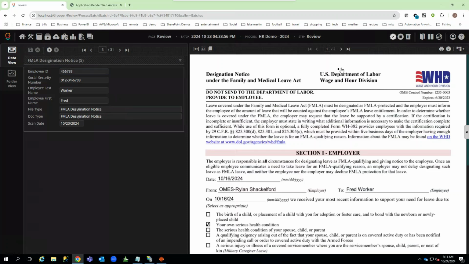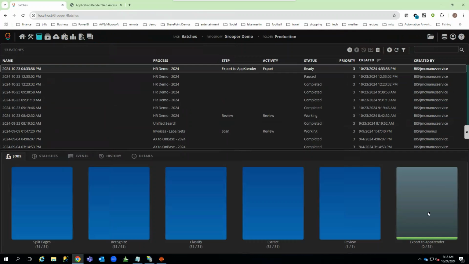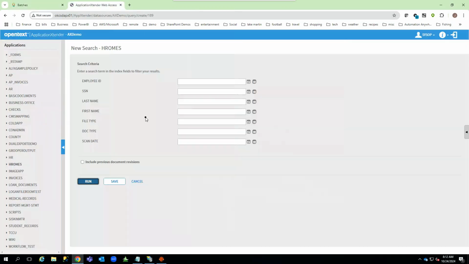So I'm going to hit complete. And this is going to be the piece that you didn't get to see in the presentation earlier this week. You'll see an export to App Extender down here. So it's taking all the images and all the metadata, and it's releasing those to that very specific file room that I set up inside of Application Extender. And it's also assigning the document types so that you can use that to apply additional security levels,